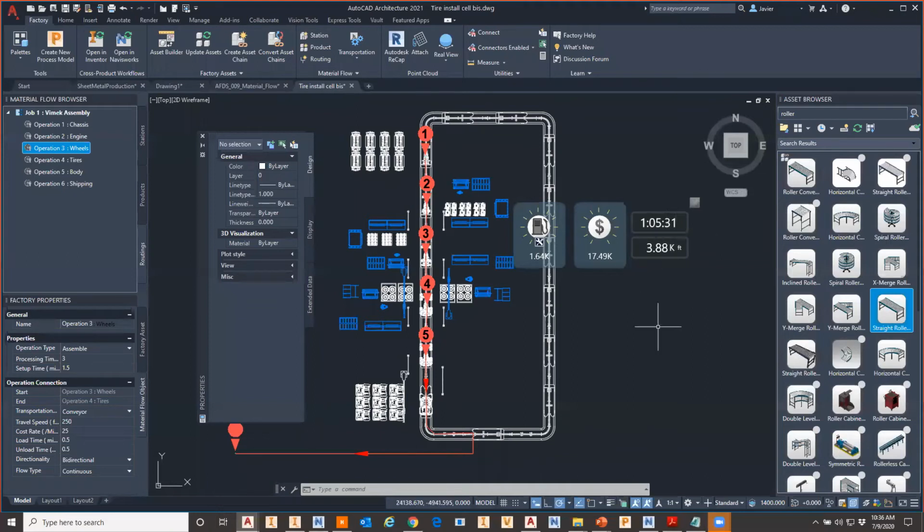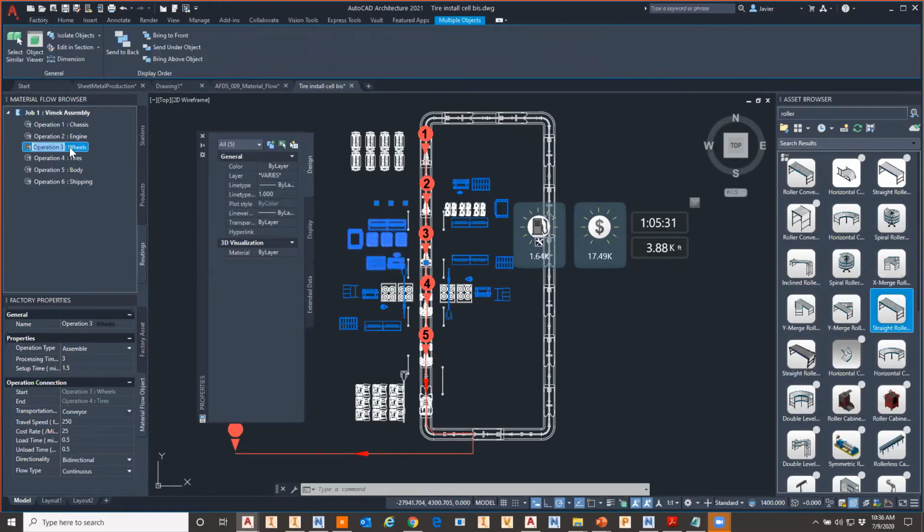And how long is it going to take, based on how it's moving. In this case, it's a conveyor system. So when we start to look at these operations for the assembly of this Vimic ATV, you can see here as it goes from the third station to the fourth, a conveyor moves this at